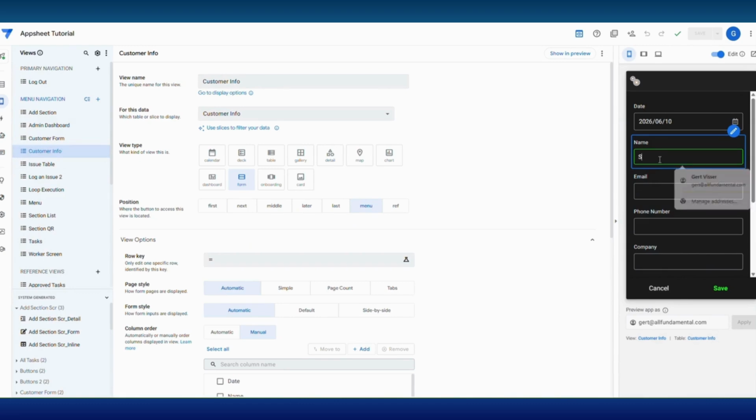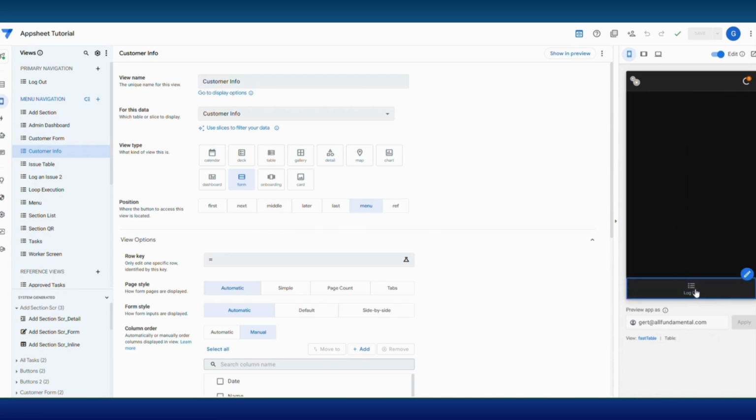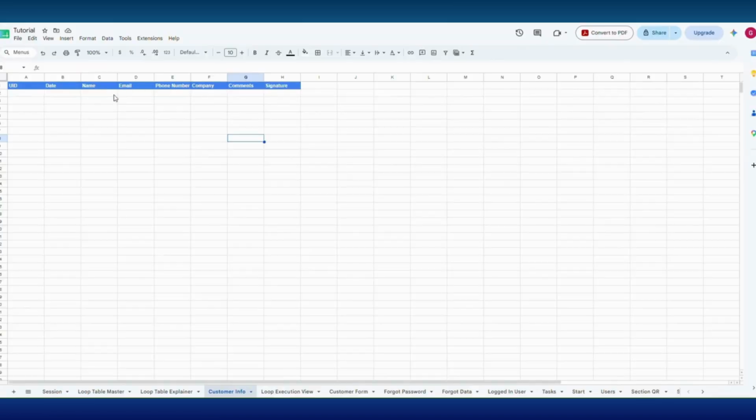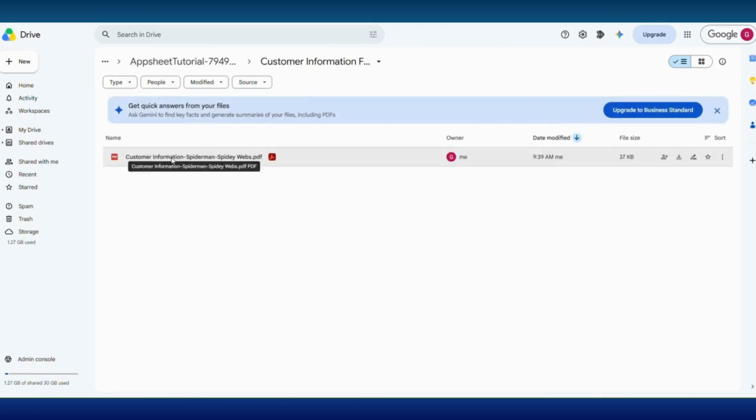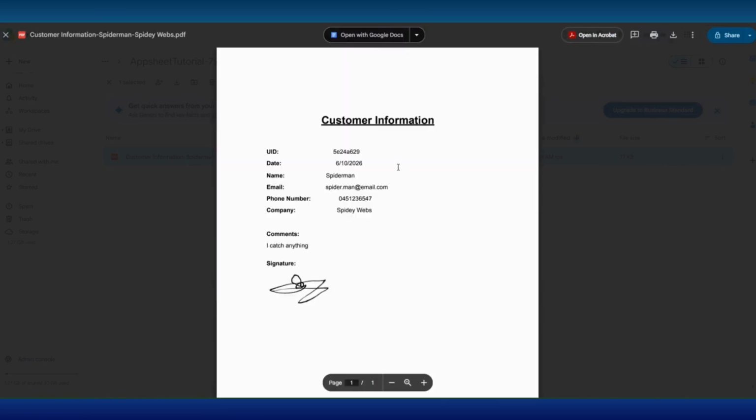Insert name, email address, phone number, company name, any comments, and then a signature. Then submit. There you will see the new record is created. There is the new folder generated by AppSheet, and inside it is the PDF document that was generated. It looks like the name was generated as intended. There we go. This is the basic version of the file, but we can customize it to suit your specific